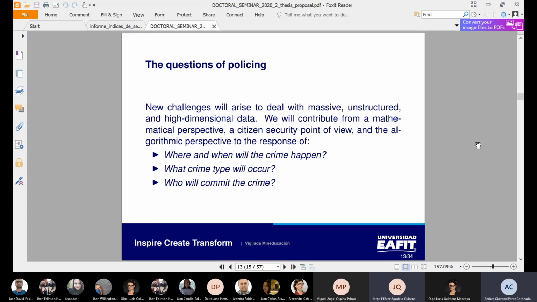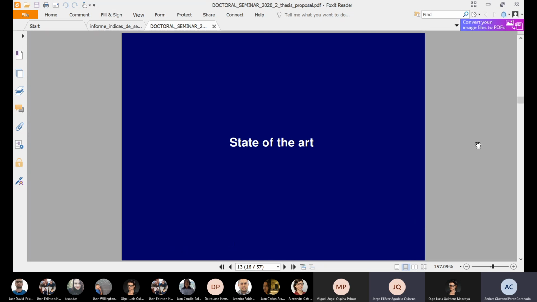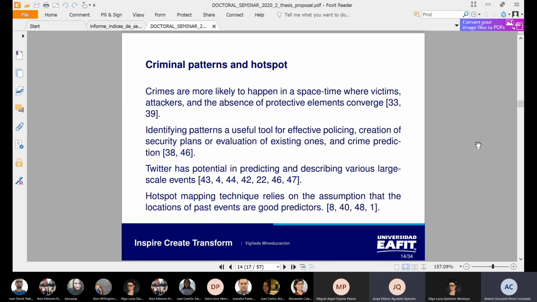On the question of policy, new challenges will arise, and we hope law enforcement agencies and the state will have policies to answer these questions. Where and when will the crime happen? What crime type will occur, and who will commit the crime? Now, the state of the art. We have different approaches that institutions and researchers